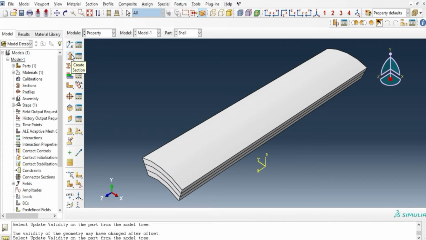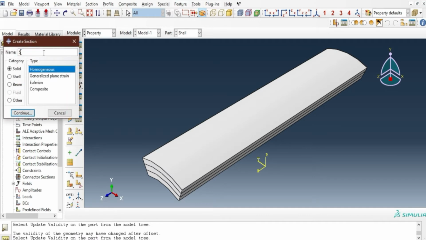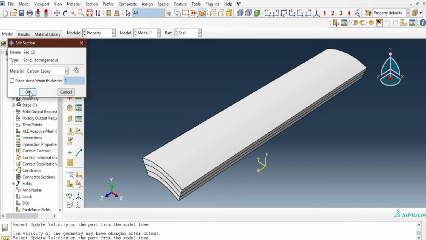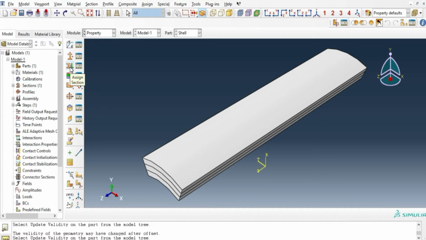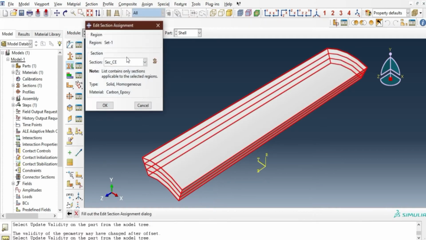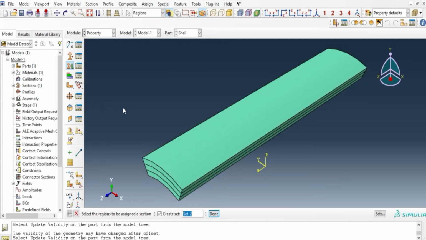So a material is created. After it, a section is created for the corresponding material, which is solid and homogeneous type, and make sure the material is selected. Then you have to assign the section to the parts of the body,